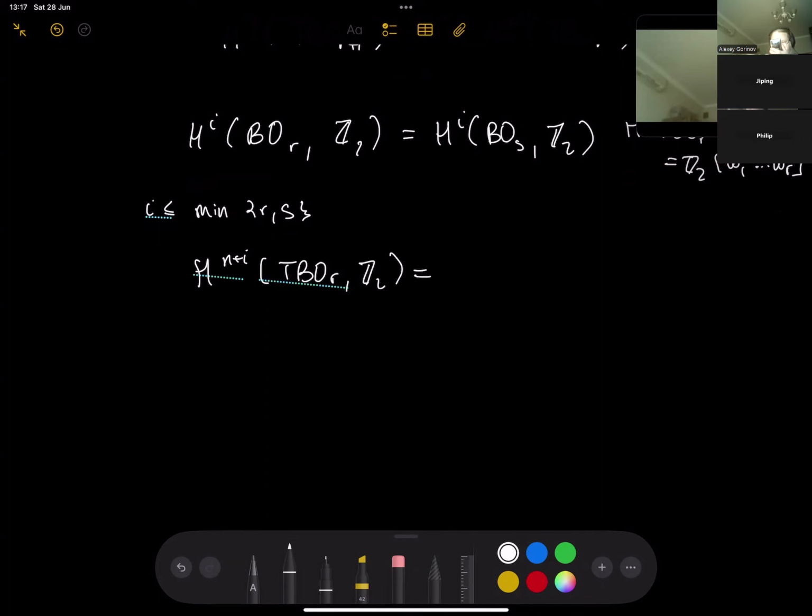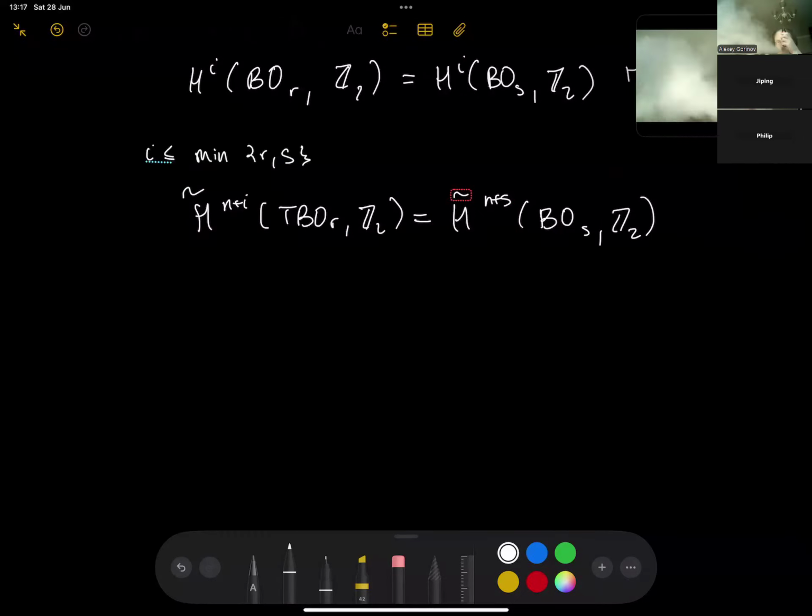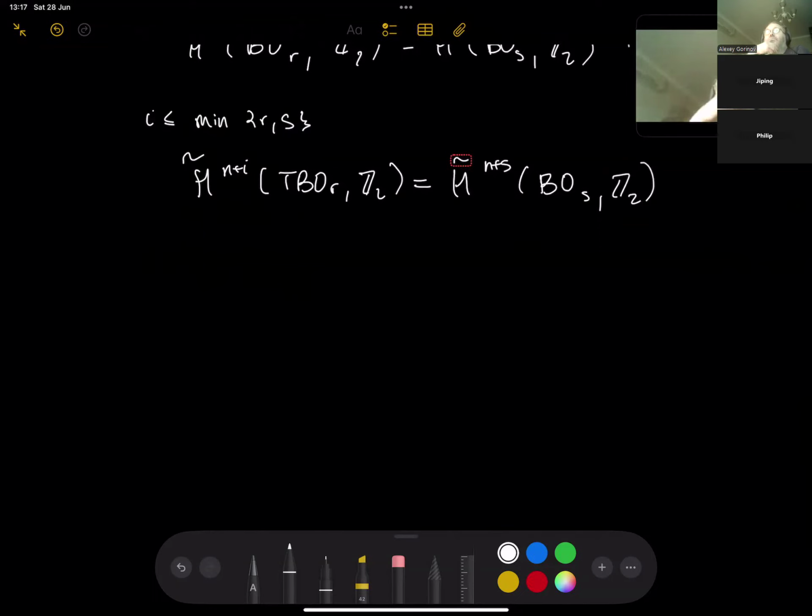We get this, so we see that the groups stabilize. We can just choose very large r and s, and these groups will be the same. So then this limit is just